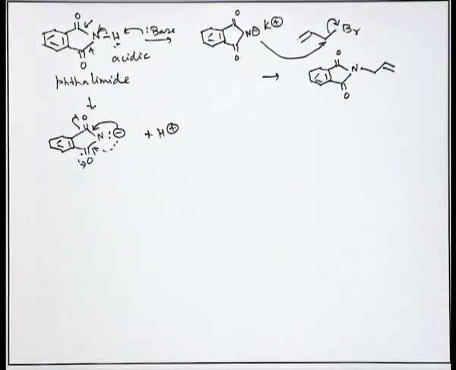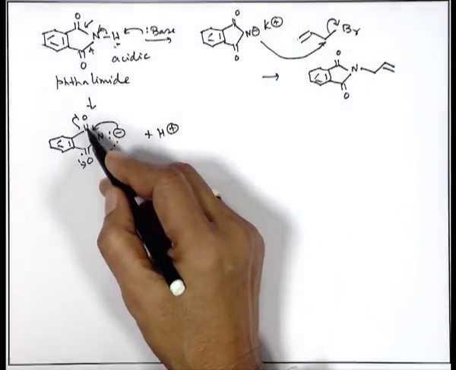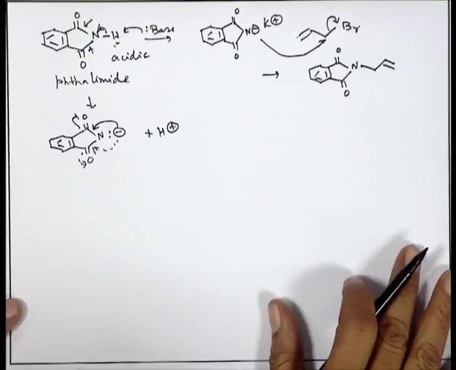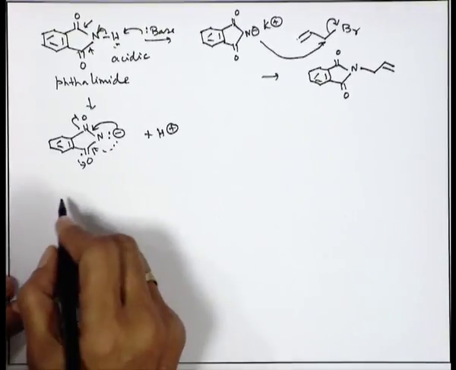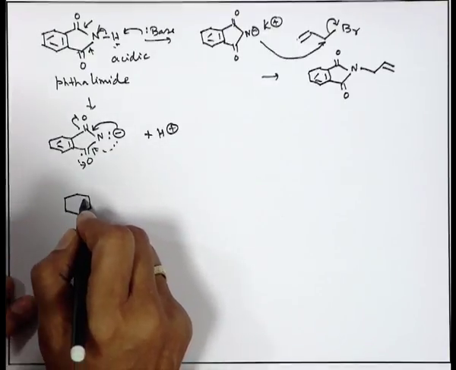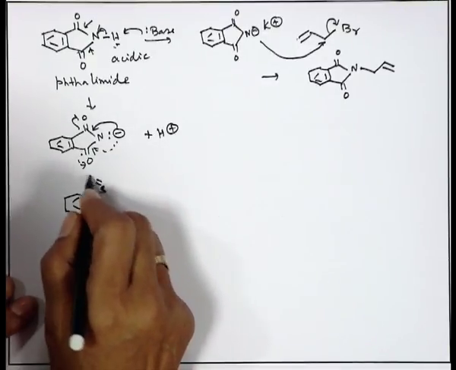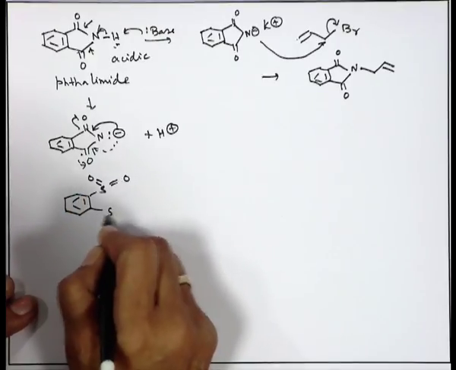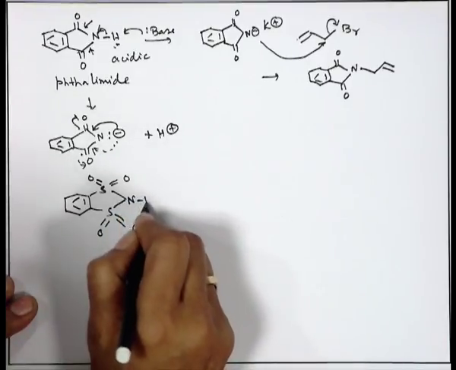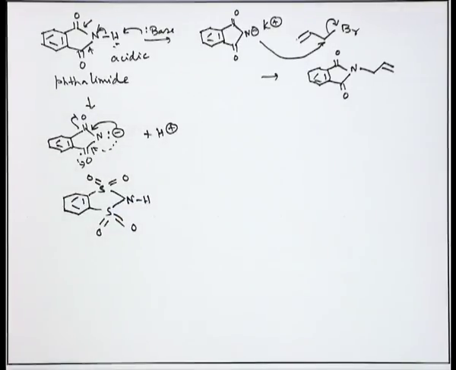Likewise, this compound will also be a stronger acid, the reason being it can have a symmetrical resonating structure where the electrons are getting delocalized on both sides, on this carbonyl and on that carbonyl. Now, at this stage, if I ask you another very simple question, and of course, I will give you the answer. Instead of this, if I write a structure SO2, that is sulfonyl being attached to NH, can you guess the acidity of this proton or the strength of this compound so far as acid strength is concerned?